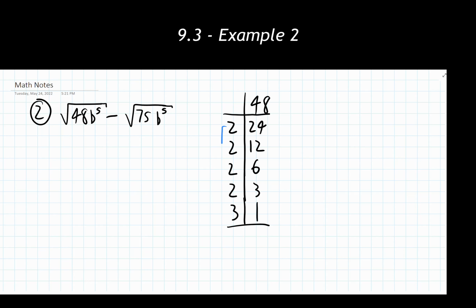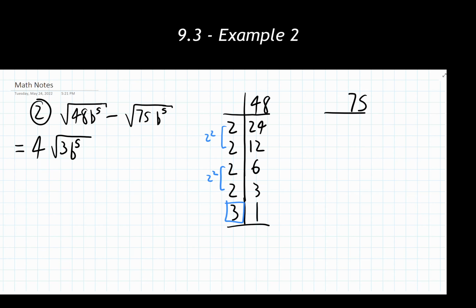I'm noticing that I have a perfect square here, and I have another perfect square showing up here. Those two things are going to cancel out and be brought out front of the radical, multiplying together to give me 4. There's a 3 left over in this prime factorization, and because it's not a perfect square, it's just going to be left over inside of this radical here. Let's take a look at the 75 in the second radical. We're going to do the same thing we did with 48. We're going to find the prime factorization of that.